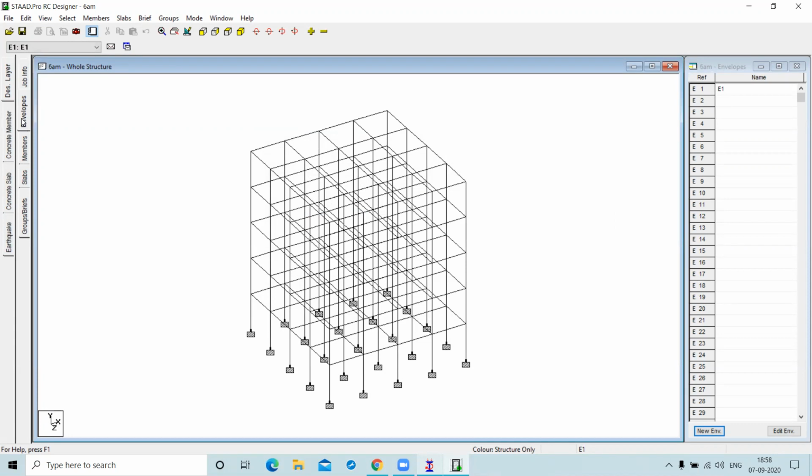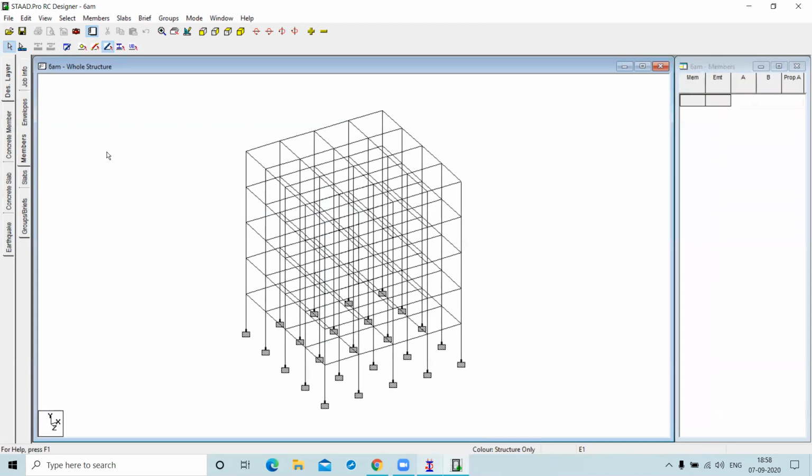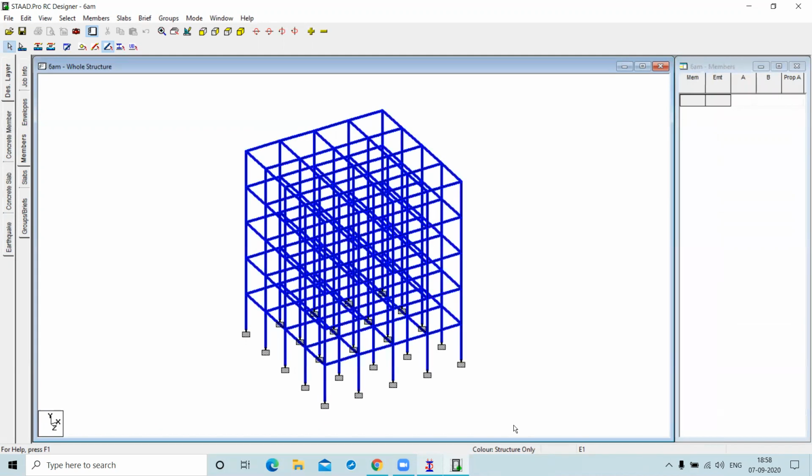Now click on Members. After clicking on Member, you have to select the whole structure.